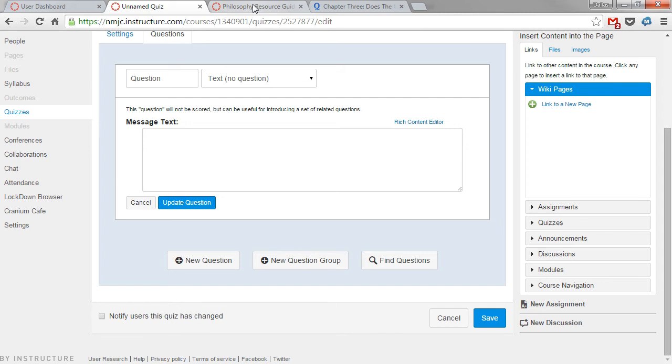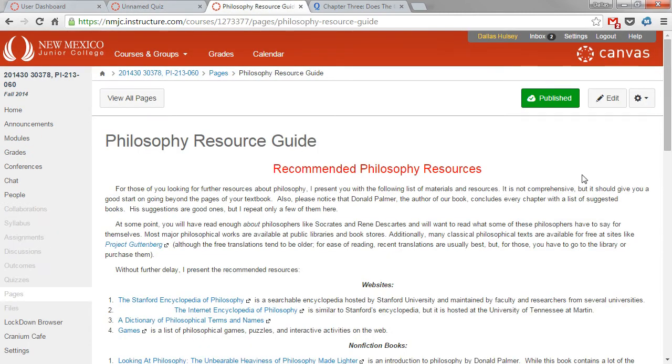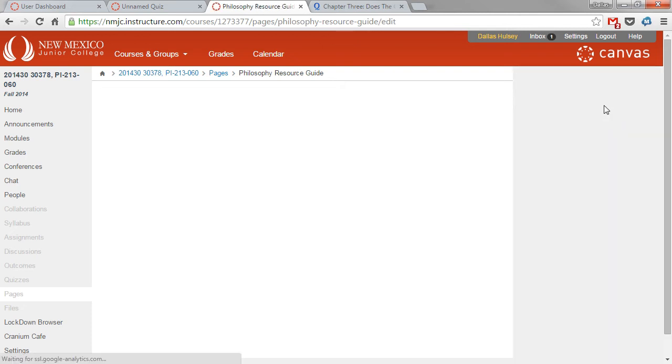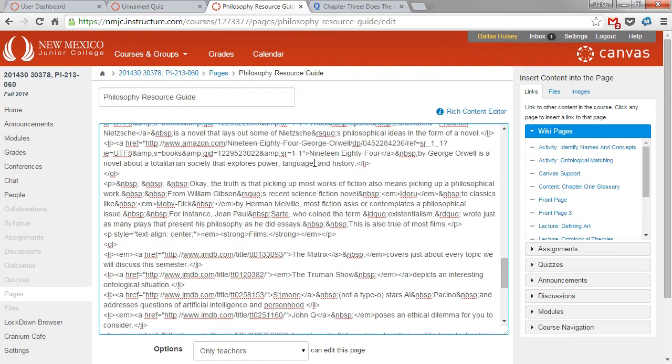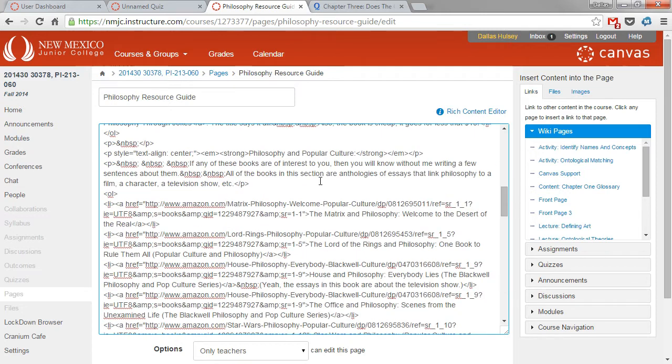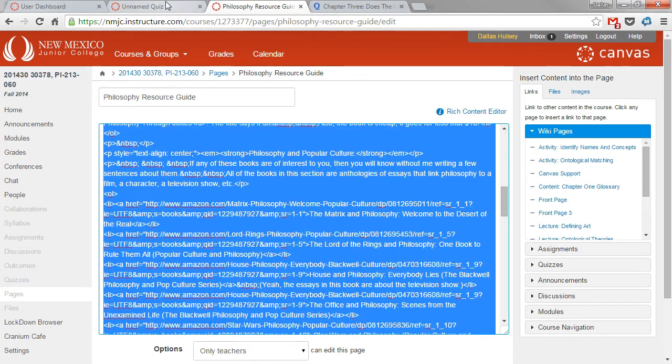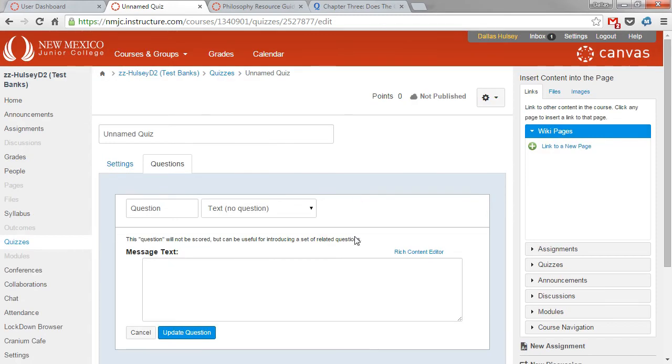I'm going to go over to another tab where I've got a page loaded up that has some content. I'm going to tell it I want to edit it, and I'm going to turn off the HTML editor here. Now I've got all this HTML code and I'm going to copy it all to my clipboard, go back over to my quiz, paste it,